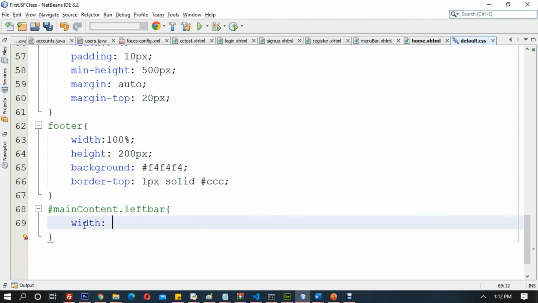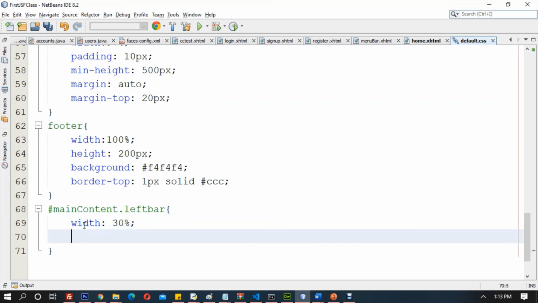So I'll say width is equal to 30%, and I can use float